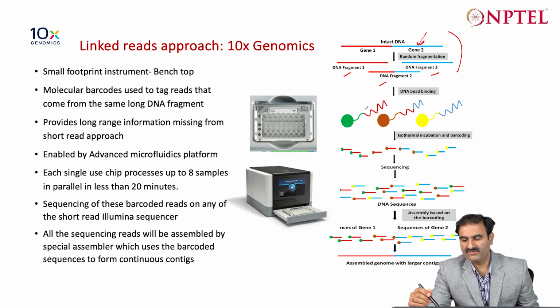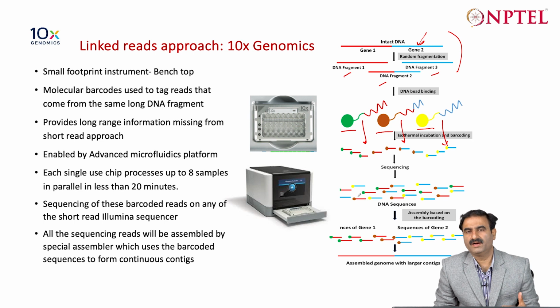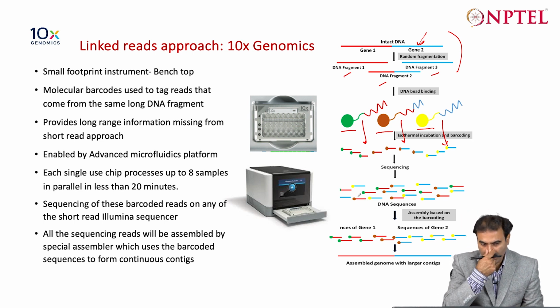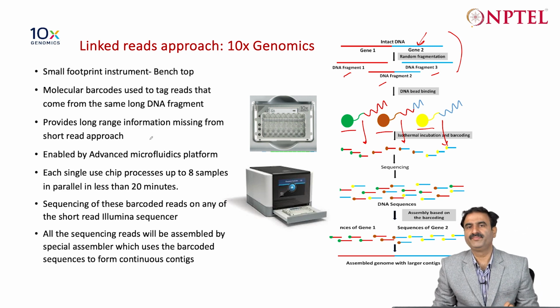Okay, and then each fragment is attached to one separate bead, right? That means a separate barcode also, and then this is further fragmented and assigned the same barcode. Once the sequencing is done, you can resolve or demultiplex this based on the whitelist of the barcodes, right? So basically the idea is that it can provide long range information, which is missing from short reads, because